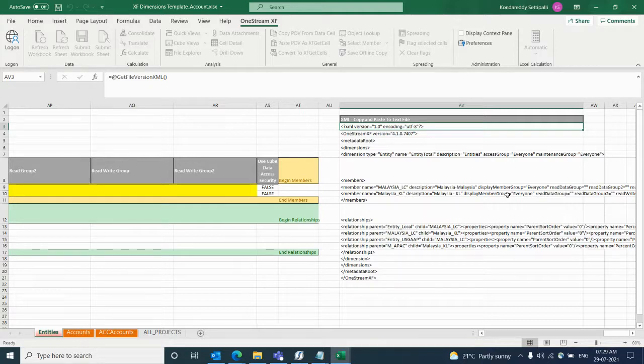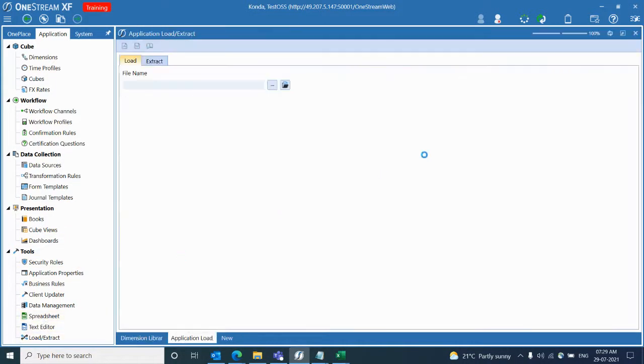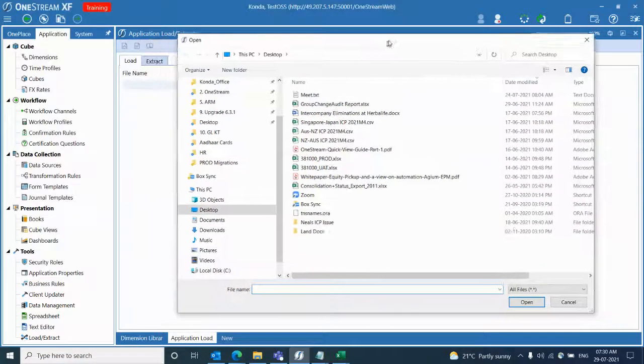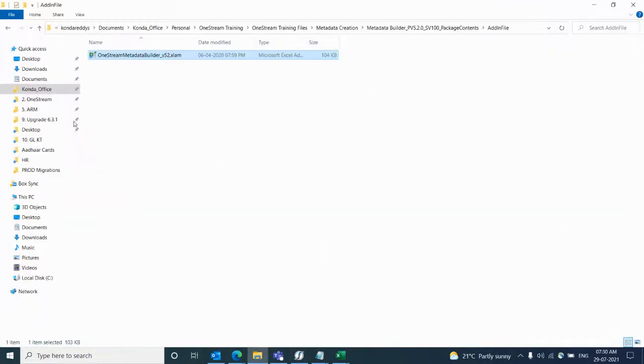Clear? And for whoever is migrating for the first time from Hyperion, let's say a company decided to migrate from Hyperion to OneStream, will it be possible to rebuild all of them again? Is there any easier way to migrate from Hyperion to OneStream? Yes. The good thing about OneStream is it will recognize the Hyperion format dimensions file. Generally in Hyperion we have APP format or XML format metadata files, right? Yes. So that will be recognized automatically. Okay, that is a good thing. You can directly import metadata from Hyperion to here.